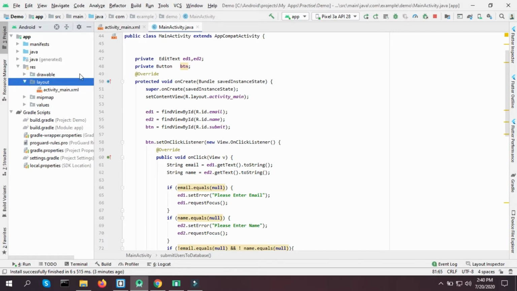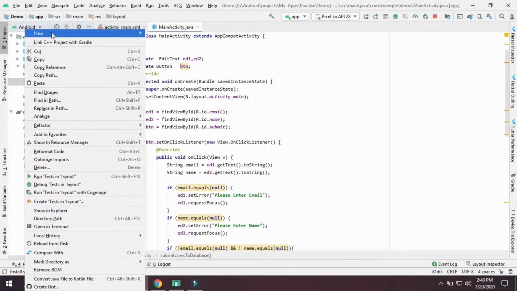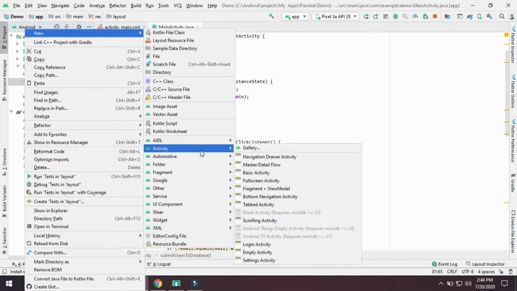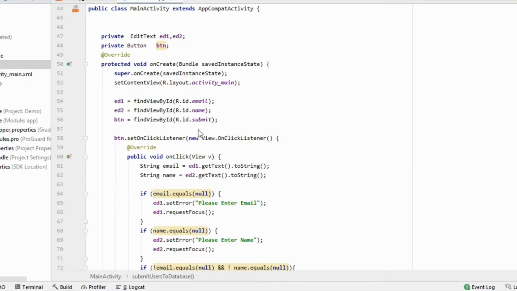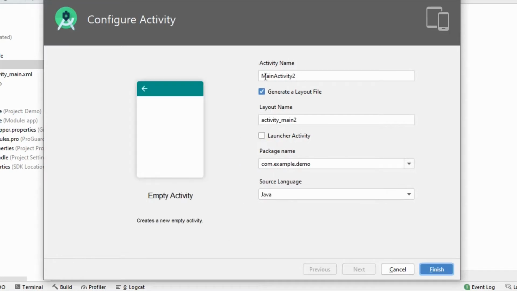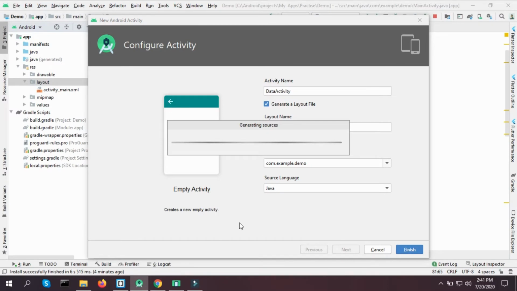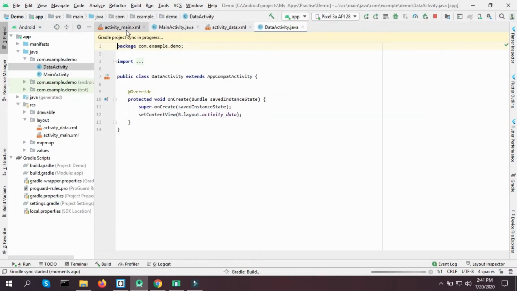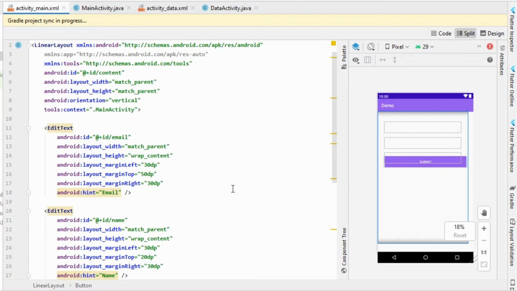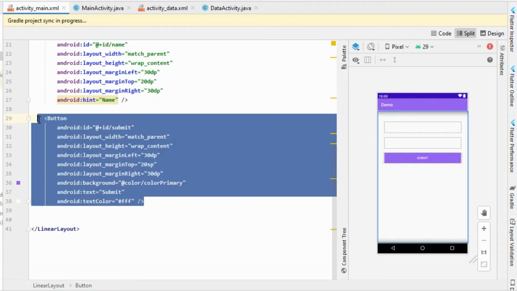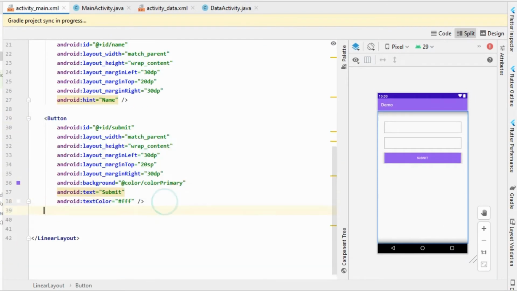So new activity, I'm gonna make a new empty activity, and I'm gonna write data activity, right, and finish. So let it finish, and let me just insert a button under this to open that activity,